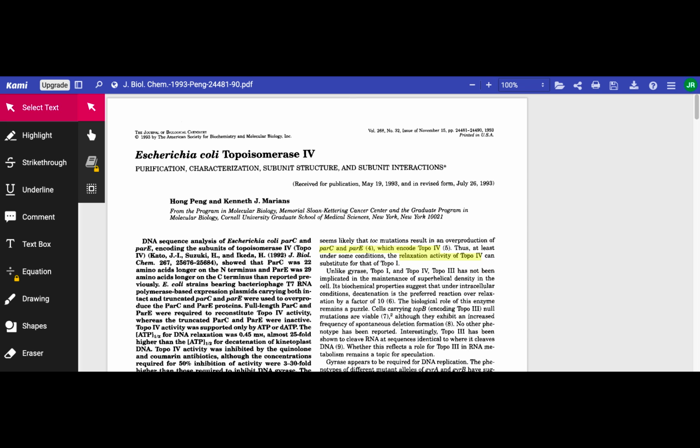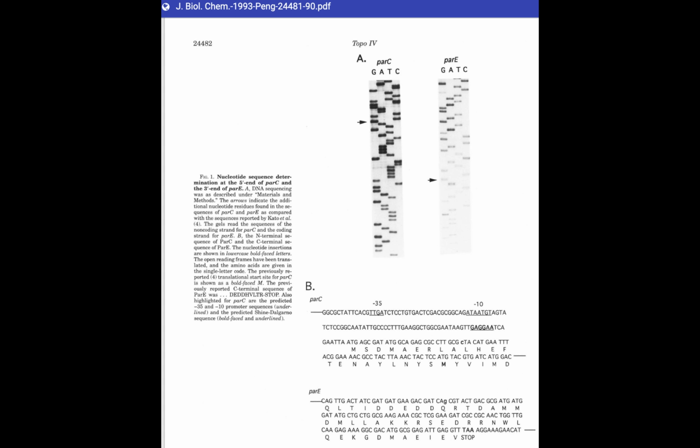This is the actual paper. It's a nice, sort of dry way of providing background on the different kinds of topoisomerases. You see the domains are marked to show the different places that matter. The idea here is they had these two genes that they thought were the important genes, and their approach was to make the proteins, and being good biochemists, purify the proteins, mix them together and see if they actually have any topoisomerase activity. If we look at various figures, this is a figure that shows that they can clone and